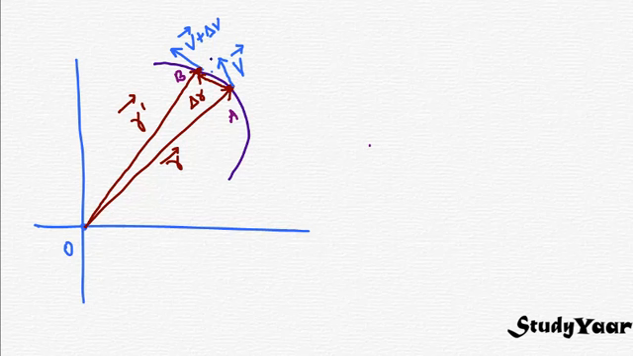Okay, and at time t plus delta t, my velocity is v plus delta v vector, which is in this direction, tangential to this point. Okay, so now I can define my average acceleration, which is going to be what? My average acceleration in the interval delta t is equal to delta v vector upon delta t, and hence my